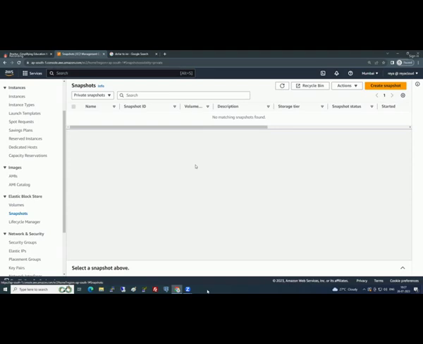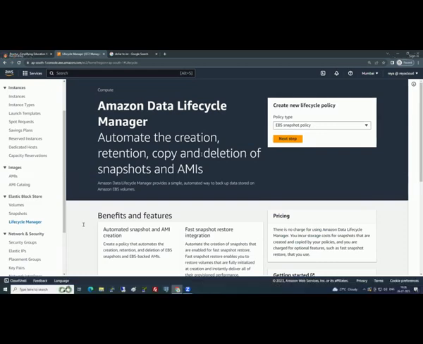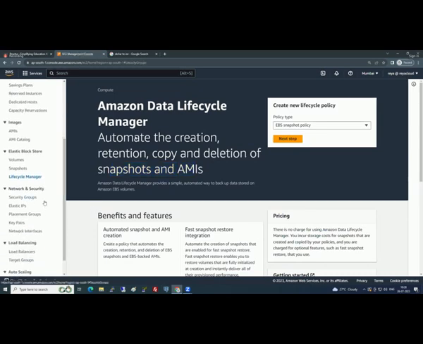And snapshots. All the snapshots will be listed over here. Can you see the snapshot from the console here itself? Yes, but snapshots are stored in S3. Do you need to go to S3? No. Lifecycle Manager is a place where you can automatically create AMIs and snapshots based on tags. This one I wanted to tell.